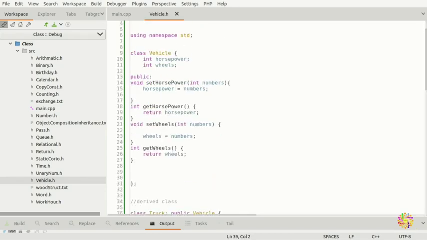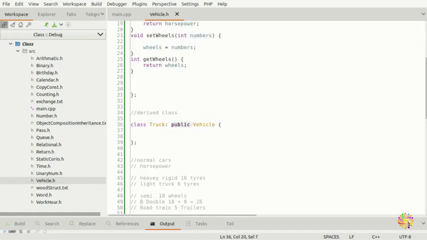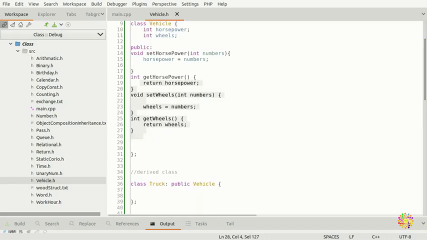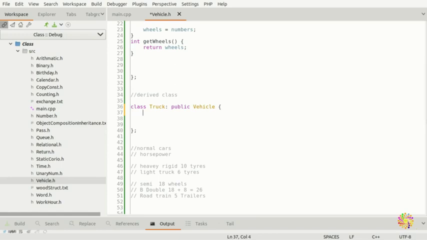So as I said to you guys here, whatever the public, you guys can just put a public here, and you guys can access all the parts of this class, the base class. Now we have full access to the set horsepower and the get horsepower, the set wheels and the get wheels of the base class. So we have put our child class, and we're gonna put it in a public,